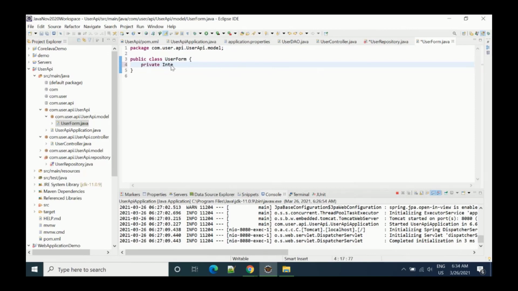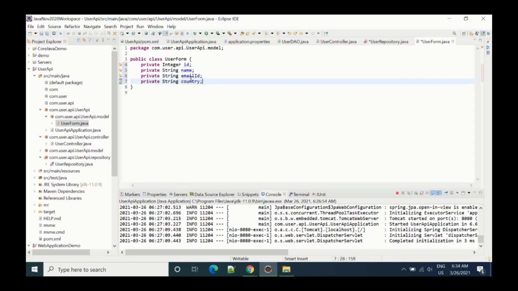So we can say private integer ID, then private string name, private string email ID, private string country.